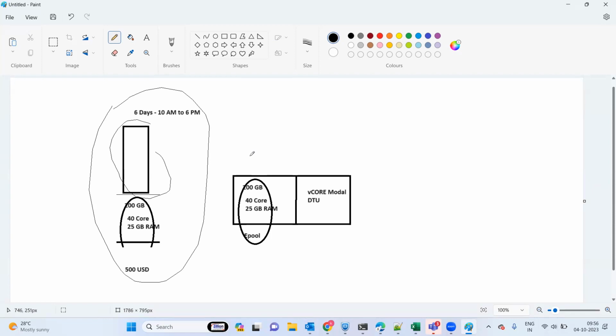When you go for Elastic Pool, you divide this across multiple Azure SQL instances, and you split it so that it is running, let's say in the morning